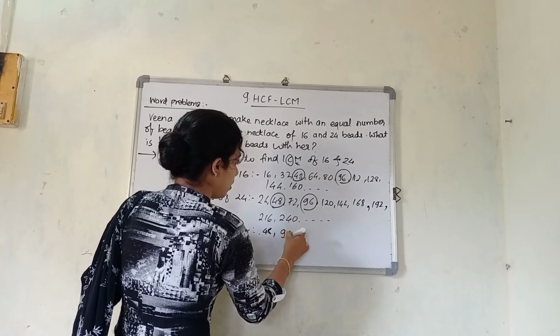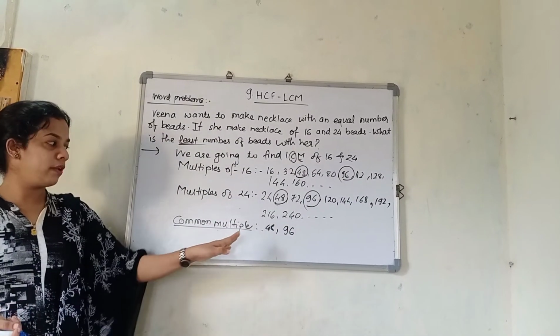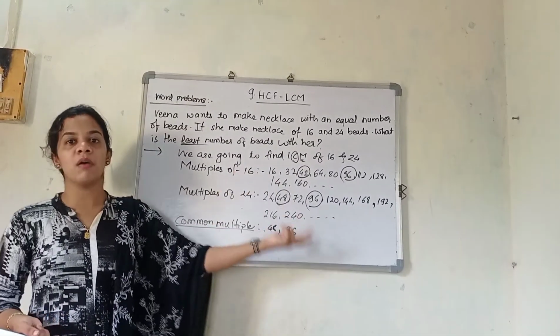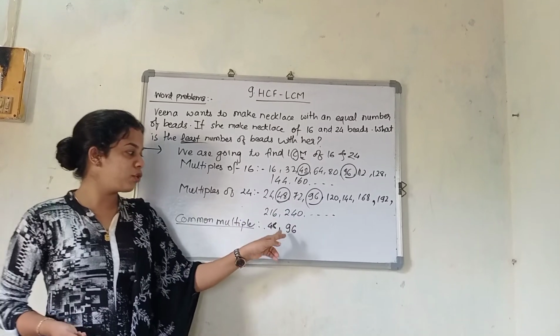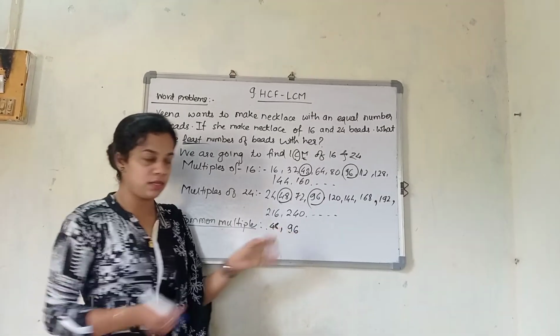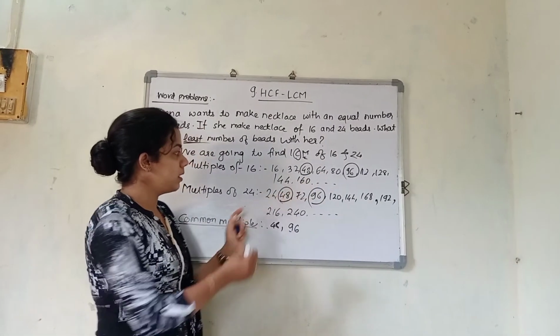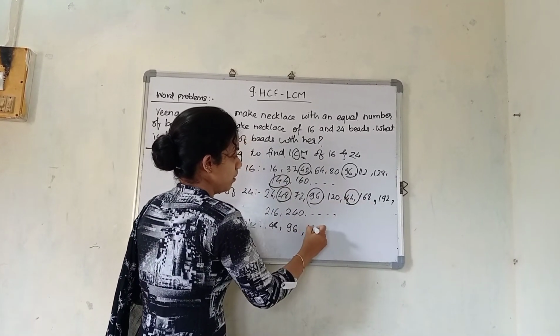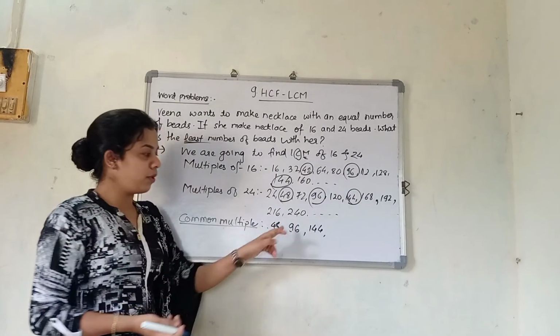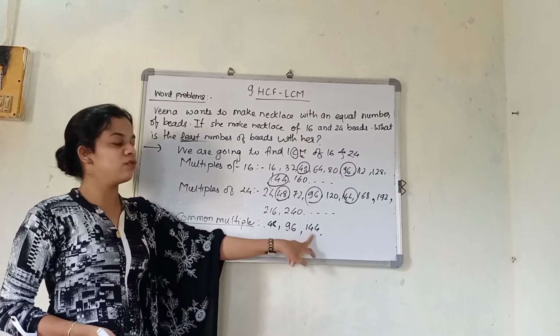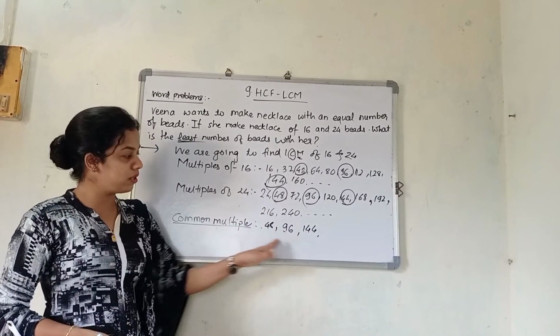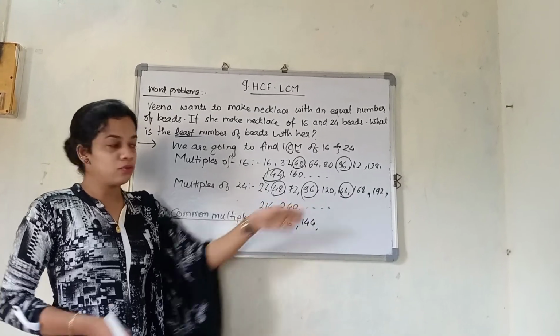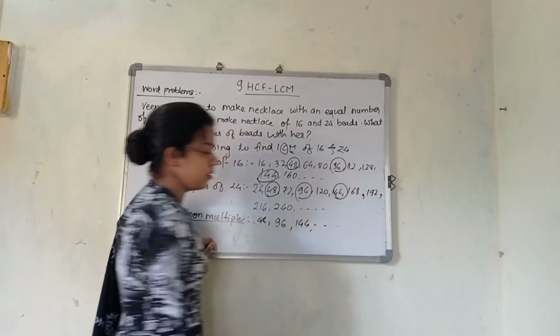And as told earlier, when you are writing the multiples, the next number will be double of the first. If you properly check, 48's double is 96. The next number, if you want, you can see here 144. So if you add 48 plus 48, 96, 96 plus 48 will be 144. So this is also the table of 48 itself. And next you are going to write dot dot dot.